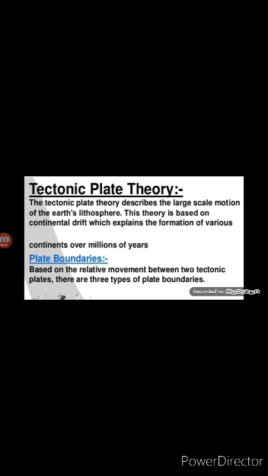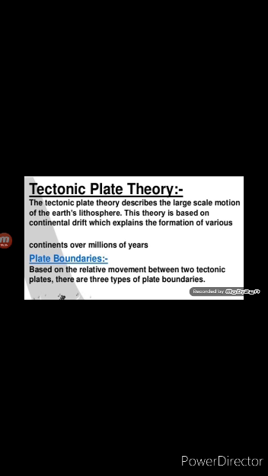Stress within the plate and continental rocks above results from the movement of the plates, leading to folding, faulting, and volcanic activities. When the plates meet, their relative motion determines the type of boundary: convergent, divergent, and transform.